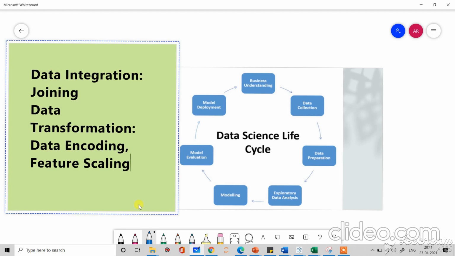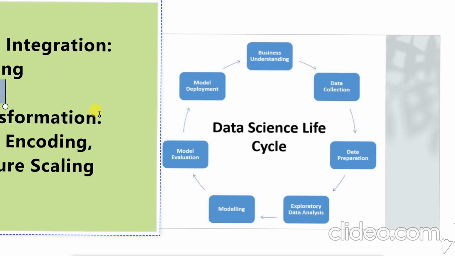In data transformation, you will come across data encoding as well as feature scaling, which is also known as feature normalization, right? Data encoding is the process of converting categorical features to numerical ones.